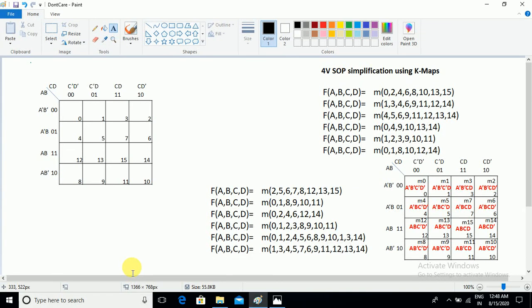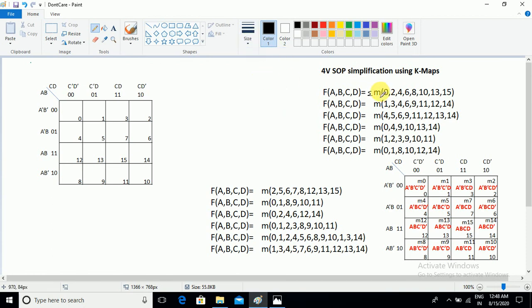In the previous video we already discussed the rules for mapping in a 4-variable K-map for SOP-formatted Boolean function simplification. So let's practice some other examples. The first one is Σm(0, 2, ...). This is the first problem, and this kind of problem is also very important in mapping, and it is going to be a little bit confusing.